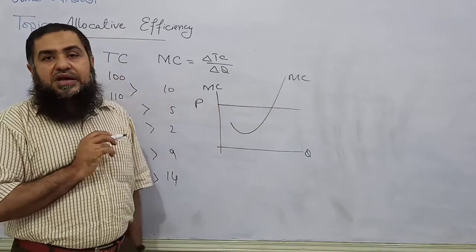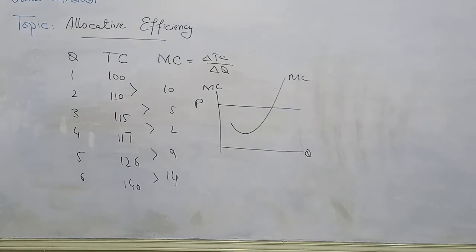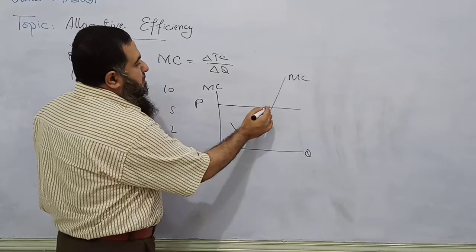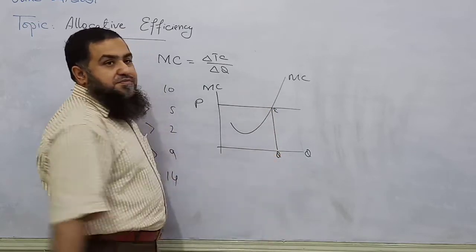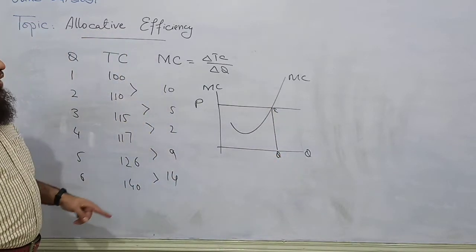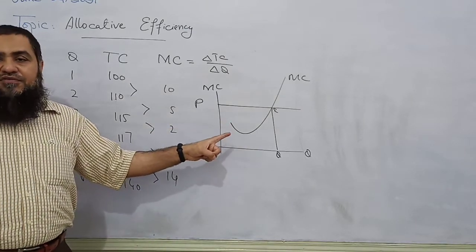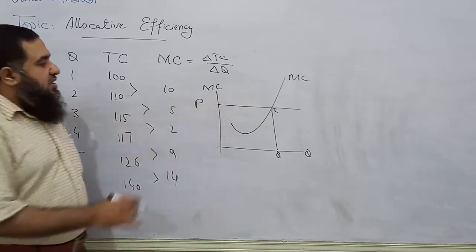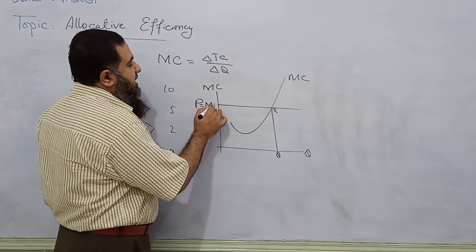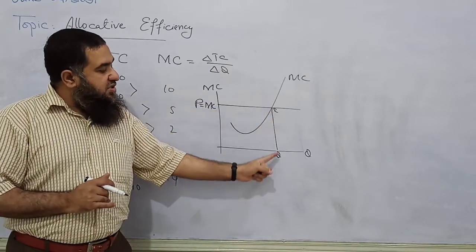So when this is the price in the market, the firm is the price taker, it is not the price setter. Market forces have given the firm this going price to sell at. So what do you think? Price is equal to marginal cost, given market demand and market supply. So this marginal cost curve has the condition that price is equal to marginal cost at this equilibrium point.